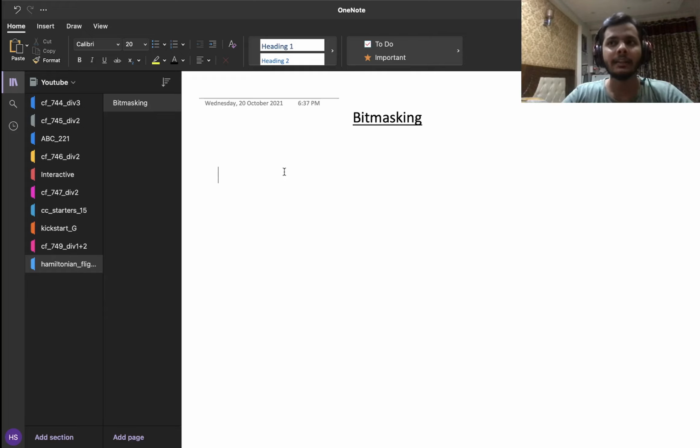And the amazing thing here is that we know that the number of subsets of a set of size n is 2 to the n, and from 0 to 2 to the n minus 1, again there are 2 to the n unique numbers, which is helpful because it guarantees that every subset will get a unique number, right? So now we have found a way to represent a subset in the form of a number, and that is what bit masking is, right?